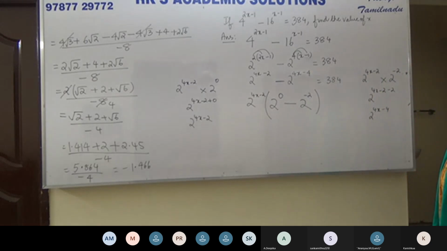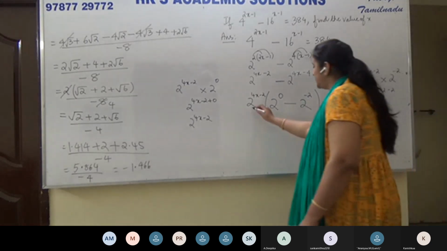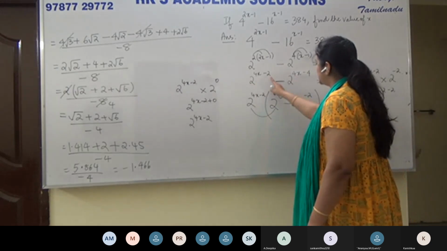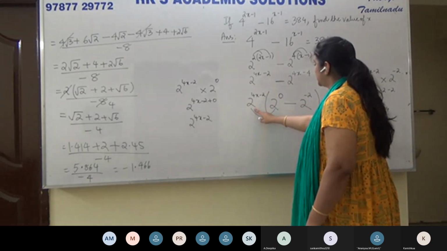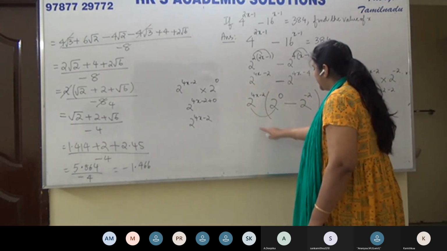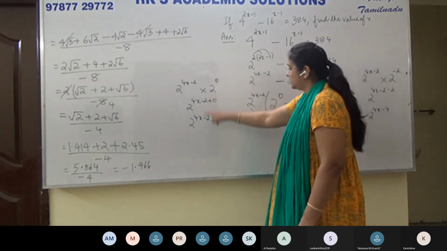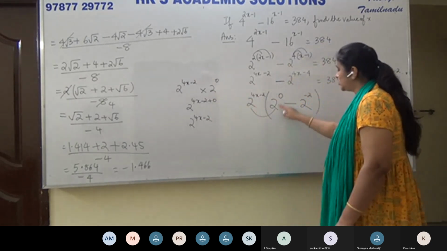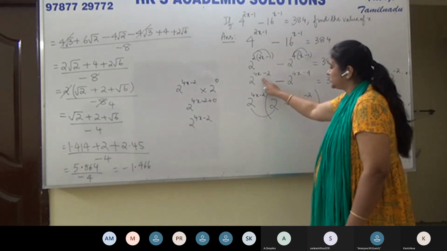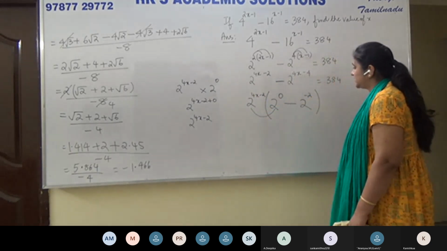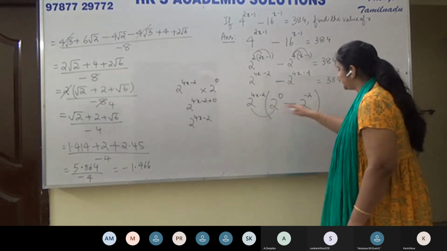It's simple, children. See here. Now multiply these two. I told you between these two terms, I'm just bringing out this. Now this into 2 to the power 0 will give us the first term. You can see that here. This one into 2 to the power 0 will give us this first term. This minus sign as it is. The base has to be 2.